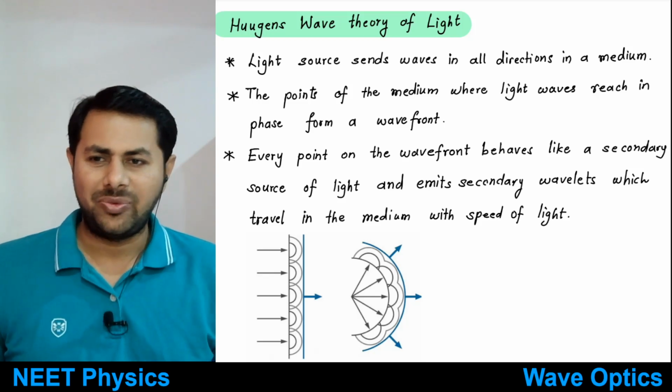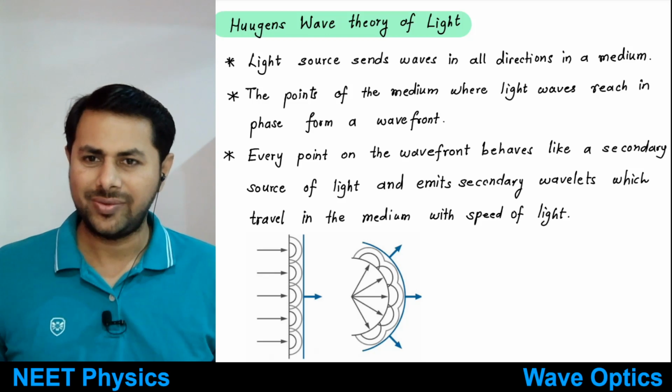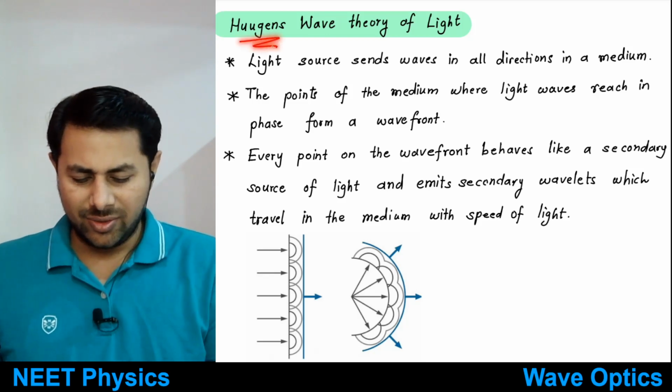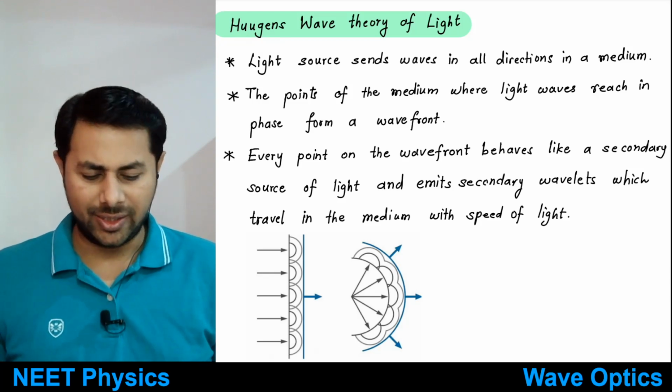Today we are going to start with the next chapter, that is wave optics. Okay, so let's begin. Huygens was a scientist who gave us the wave theory of light, and before that